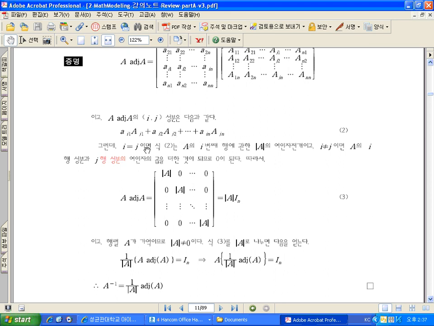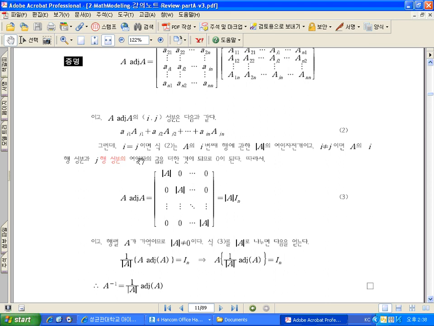Here, we can use the Laplace cofactor expansion. Suppose for the case when i is equal to j, then this value is exactly the same as the determinant of A, because it is the cofactor expansion of A with respect to the ith row. But if i is not j, then it is the cofactor expansion of A